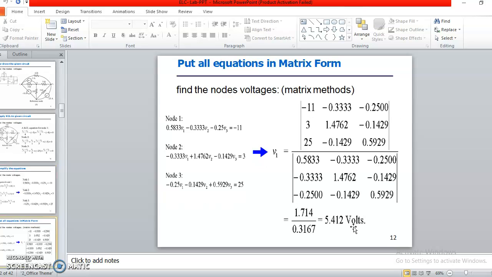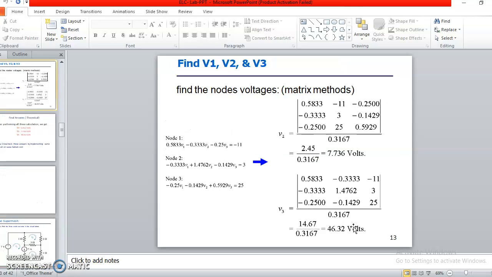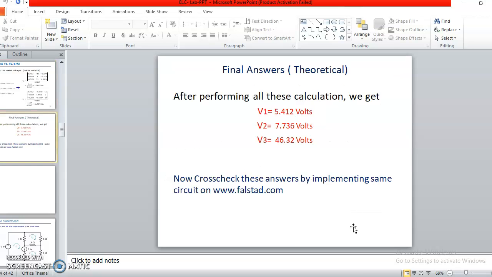After solving these equations using either matrix form or Cramer's rule, we get the value of V1 as 5.412, V2 as 7.736, and V3 as 46.32. We get these three values after solving the three simultaneous equations by either Cramer's rule or the matrix form, one and the same. So now we have the answers for V1, V2 and V3, and we can cross-check them by implementing the same circuit on